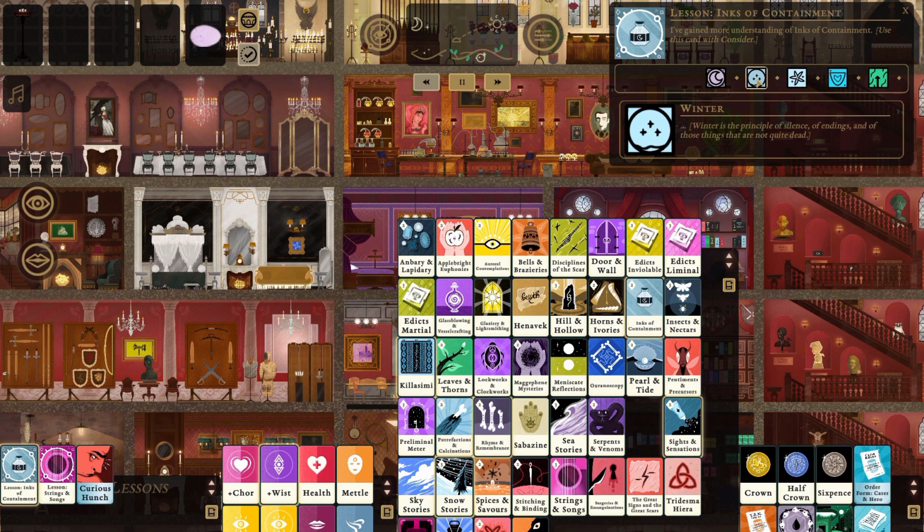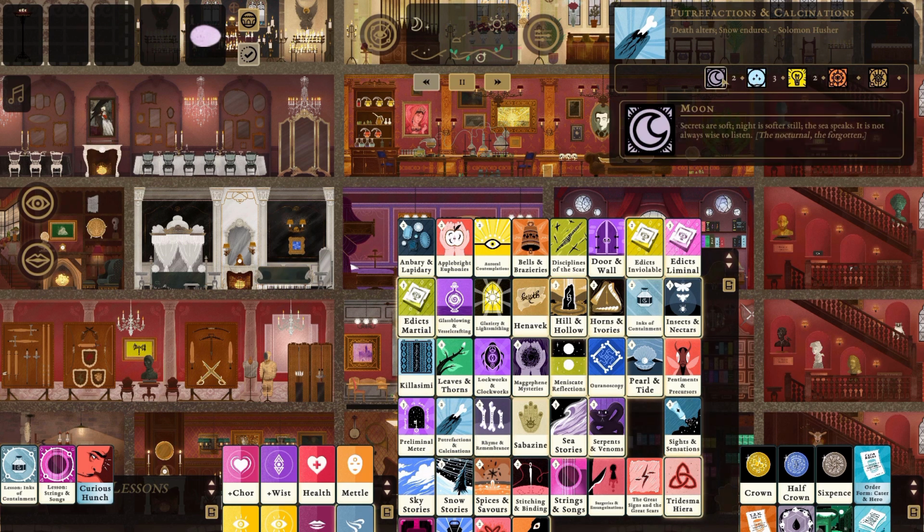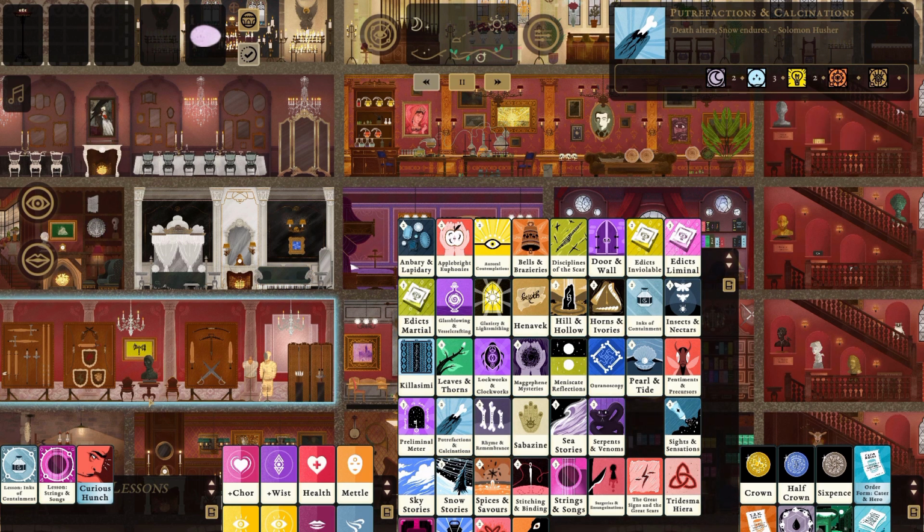I mean, the Inks of Contentment's good, but so is... Where is it? Spices and Savors, Snow Stories. No, it's going to work. Purifications and Calcinations has a really good vibe to it as well. But that's going to take another 2 memories. And we may want to consider...